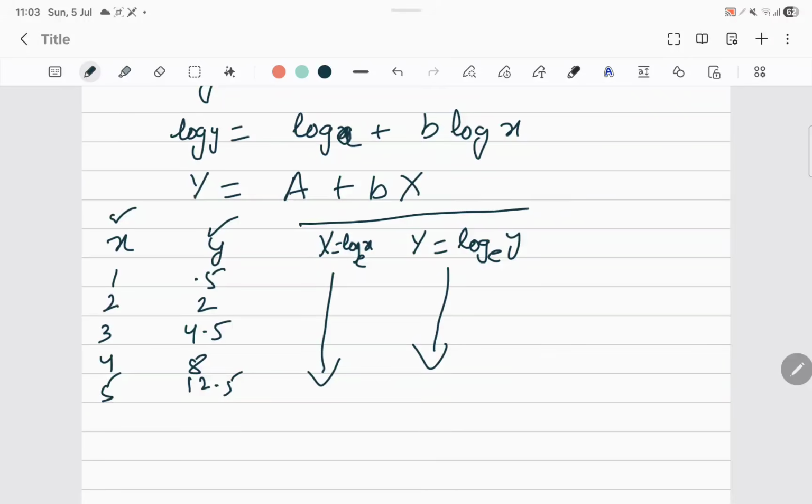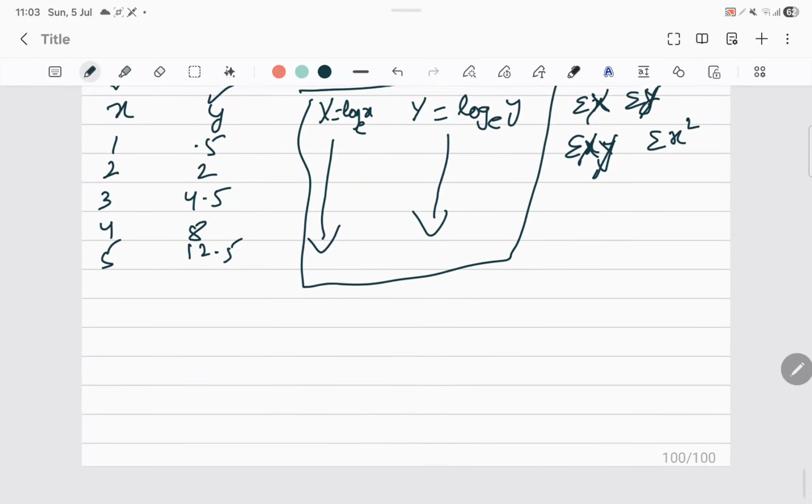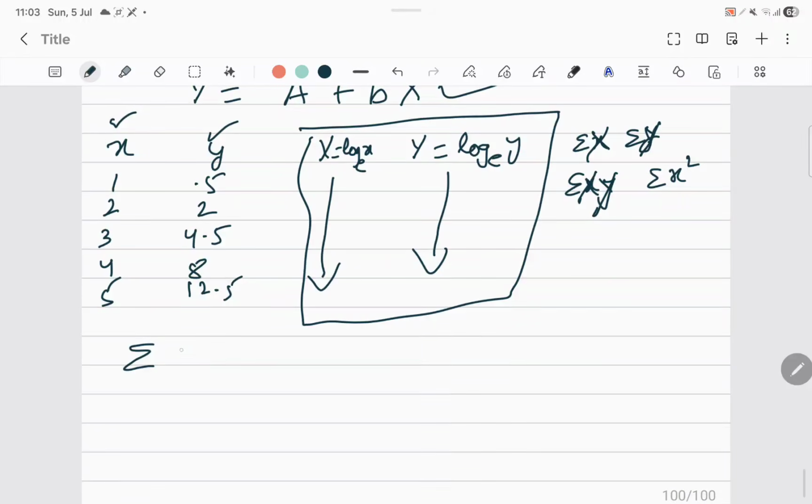And in calculator, use this column now to get the summations of summation X, summation Y, summation XY and summation X square. Because now it is capital letter. It is not small. It is capital letters. And then that you substitute in the normal equation. Write down normal equation for this, substitute and get the answer. So I will write down for your reference.